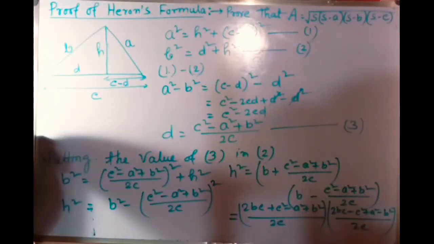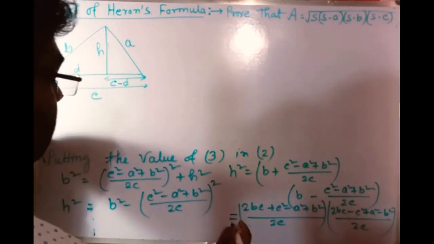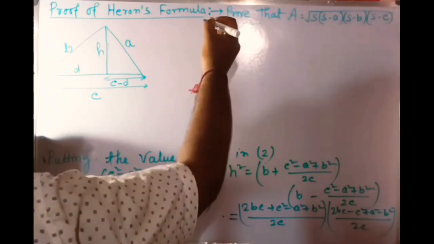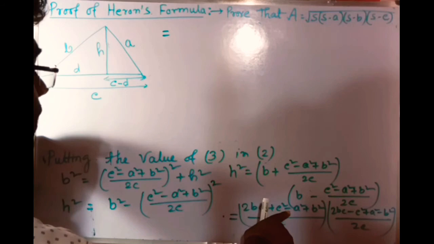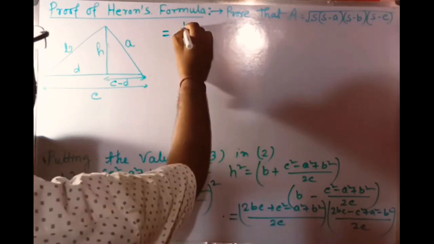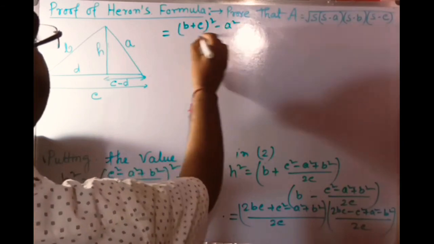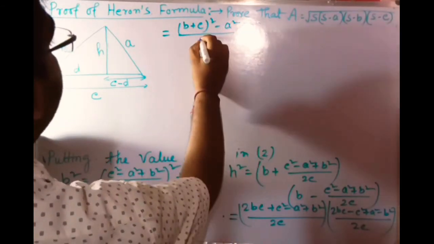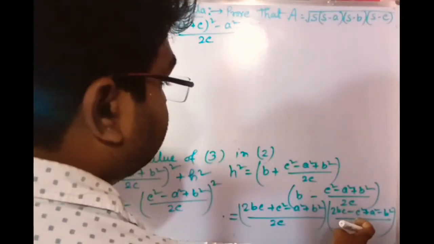Okay, next move to another step. So from here we are getting this equals to b plus c whole square minus a square by 2c